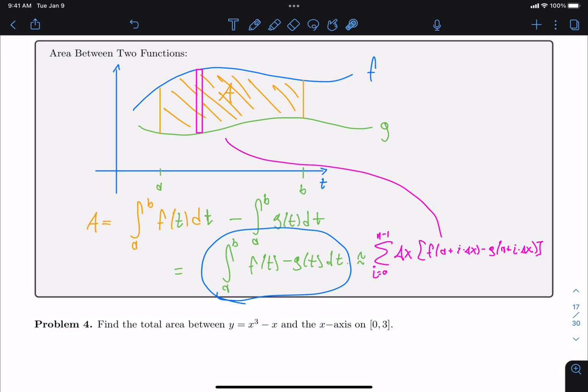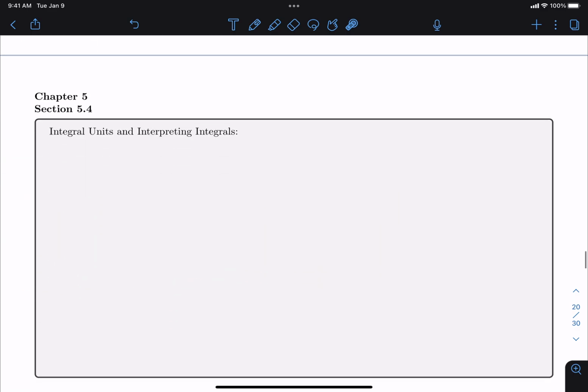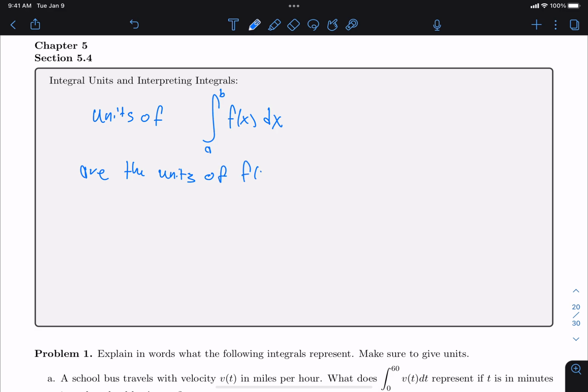But again, we still haven't learned how to actually do integrals, which is what I want to talk about today. But before we do that, I want to talk really quickly about a couple different things. First of all, what are the units? Okay, what are the units? So the units of the integral from a to b of f of x dx are the units of f of x multiplied